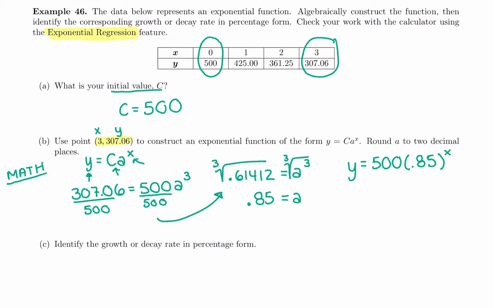to the X. So is this growth or decay? Well, you may have been able to tell by looking at it. We went from 500 to 307. So is that growth or is that decay? Well, it's definitely decay. Other way we can tell is A is 0.85, so it's less than 1. It's between 0 and 1, so it is decay. And we want to write it in percentage form. So the decay rate